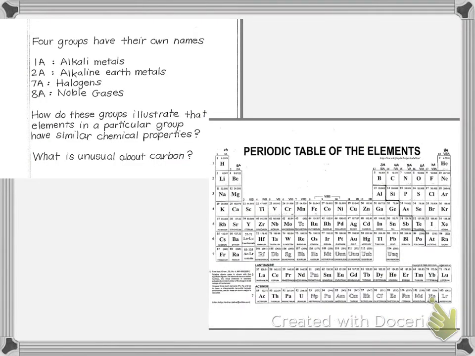Now there are 4 groups that have their own names. You're like, great. All right, so let's start. So here's the 4 groups. I think of them as bookends. So 1A, and it's everybody but hydrogen. So it's all of these guys. Hydrogen, remember I said in a previous video, is kind of a loner. So it's all of these, and so that's group 1A. And those are called the alkali metals.